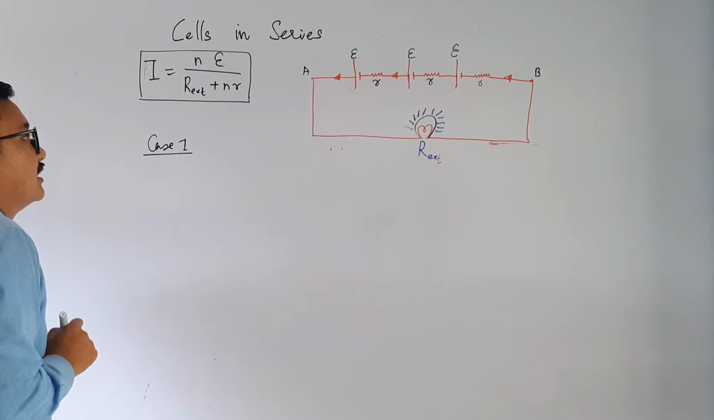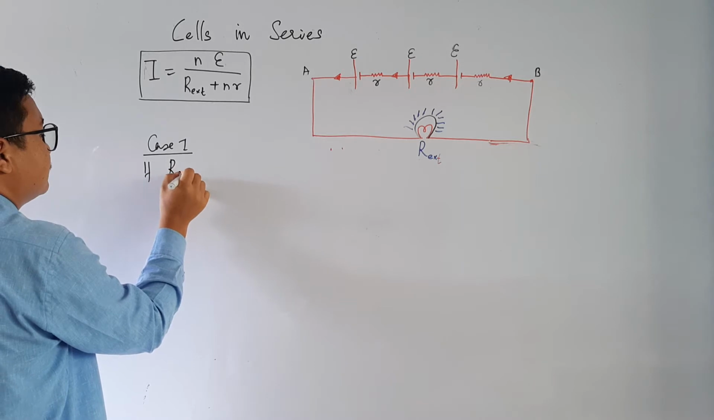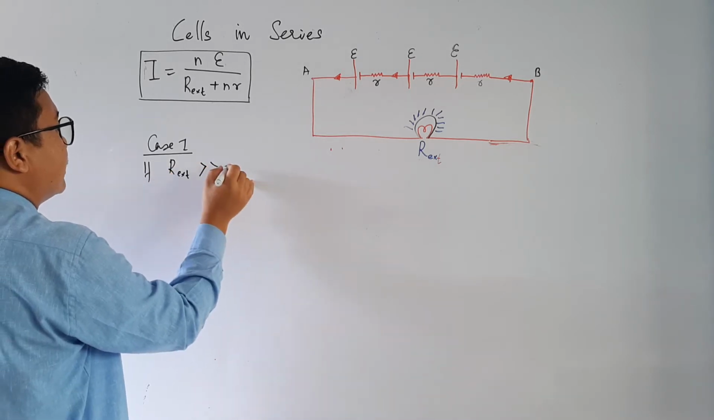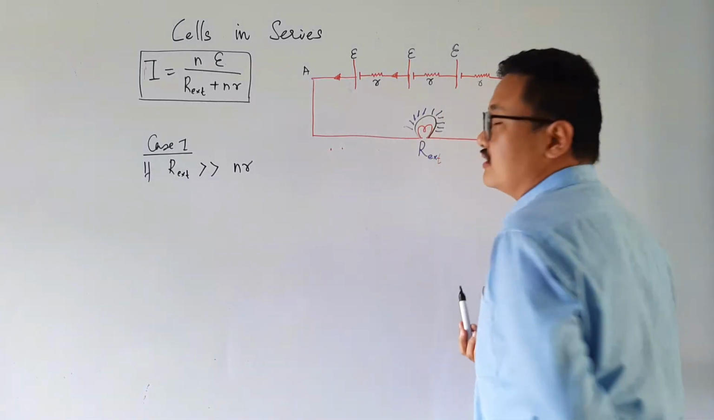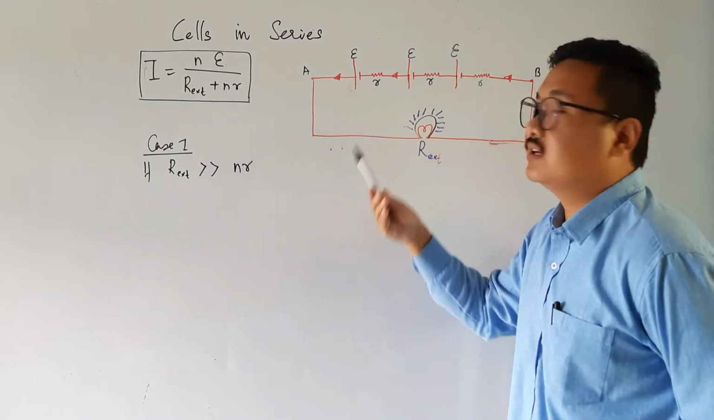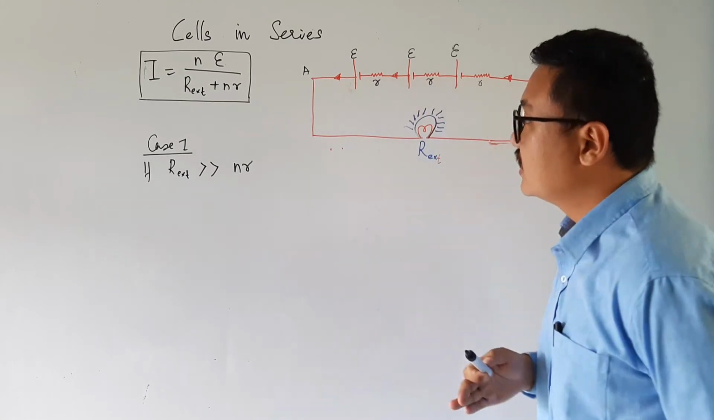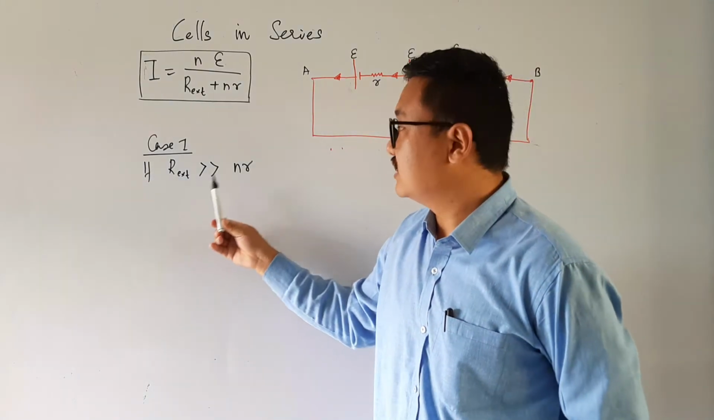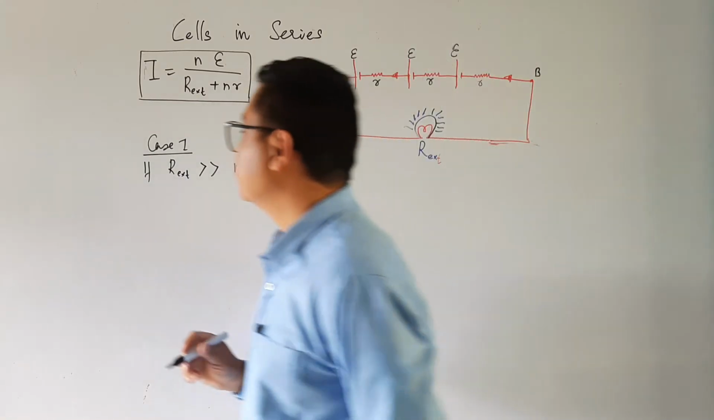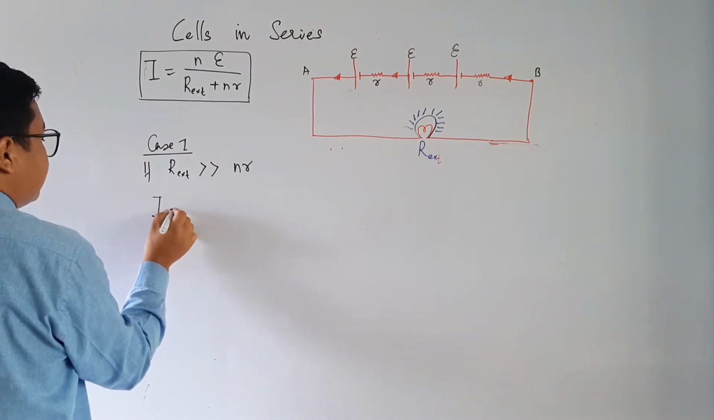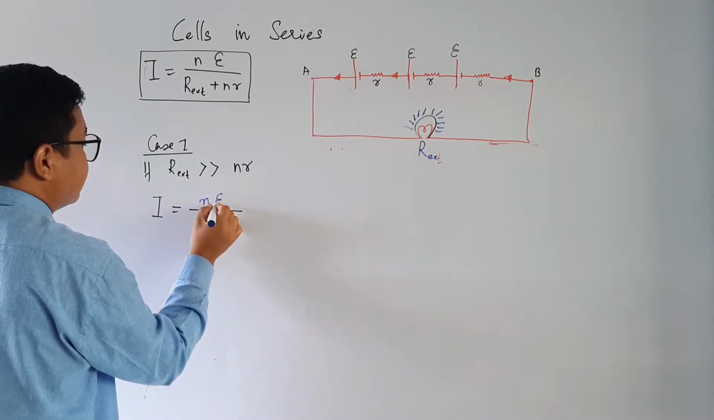In case 1, I will just write that if R external is much greater than nr. What is nr? The total internal resistance of the cell, and this is the external resistance connected with this cell. So if external resistance is much larger than this internal resistance, then what will happen to the current? Look here. The current I will become equal to n into E,